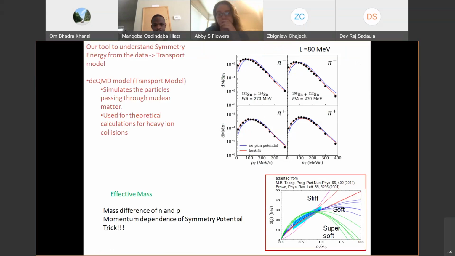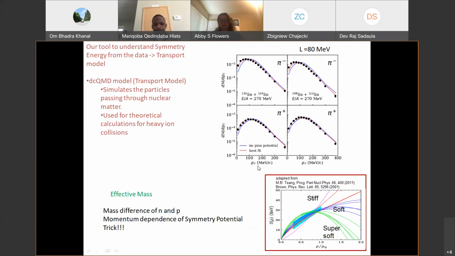Also, as I told you, these dots are the experimental data. Now we need to compare this experimental data with the theoretically simulated data. For the theoretical calculation, we use the transport model, which simulates the particles passing through the nuclear matter, and this model is widely used for heavy ion collisions. So now let's focus on the red and the blue lines. These red and blue lines are the theoretical simulation curves. The blue line is drawn without considering the pion potential, and the red line is drawn with considering the pion potential. If you look at this figure,